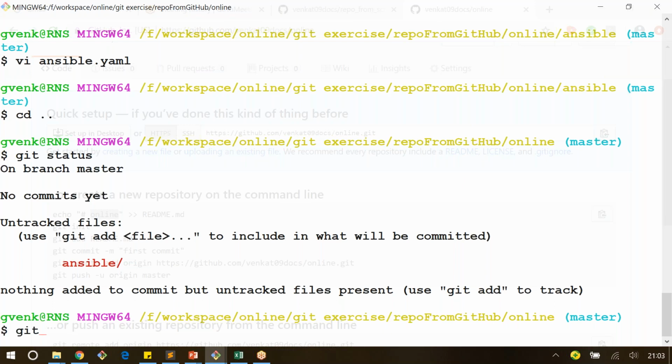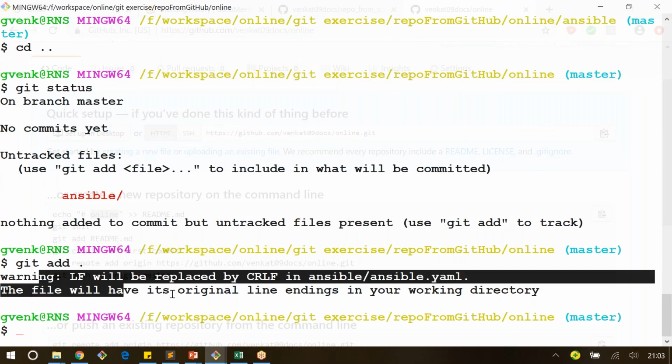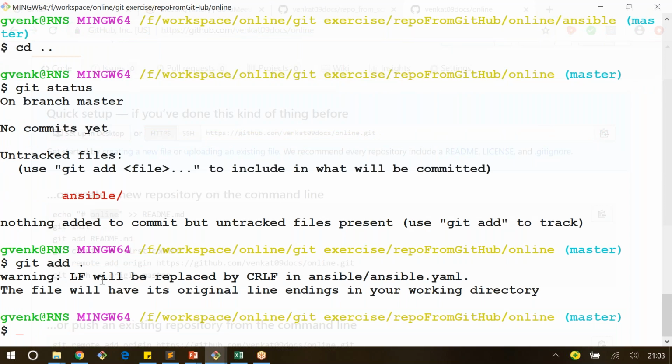Yes. So what commands do we have? This is git add. But in these add options, we have the Ansible directory and Ansible file as well. So what we can do is just use the dot representation. Or if you have a specific file you can define it. Or if you would like to commit a directory as well as a file all together, just use the dot option. And this is some warning, so we can skip it. That's not an issue. And if you verify the git status now